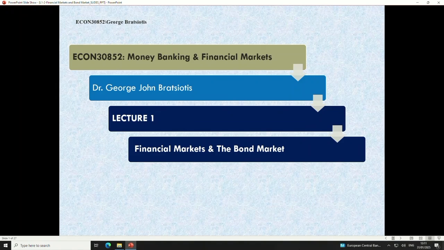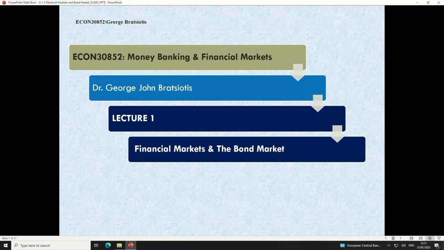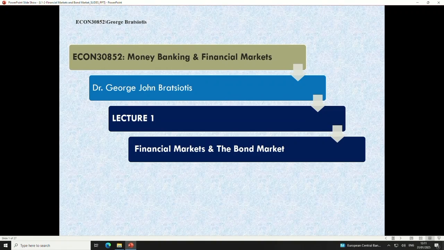Now, classes, initially, will be a mixture of what looks like multiple choice questions, but it will not be. For example, the class may be, here's a question, what do you think is right, A, B, C, or D? You can raise your hand and say, we believe it's B. But then I'll be asking why. And the same will be in the exam. The exact same format will be in the exam.